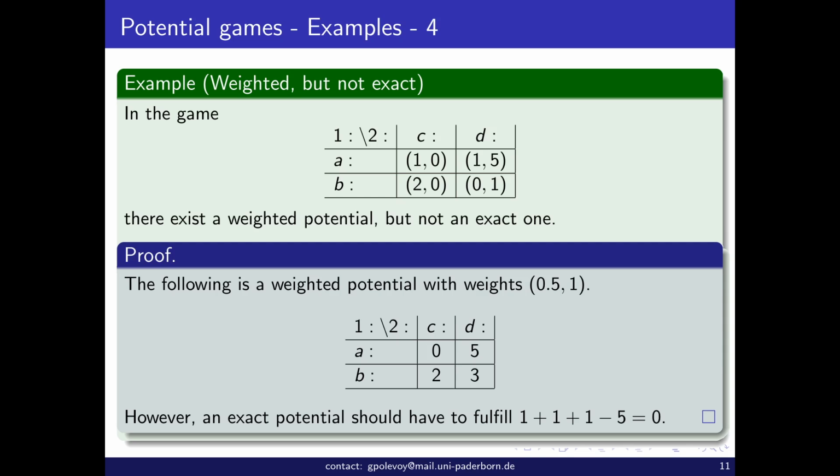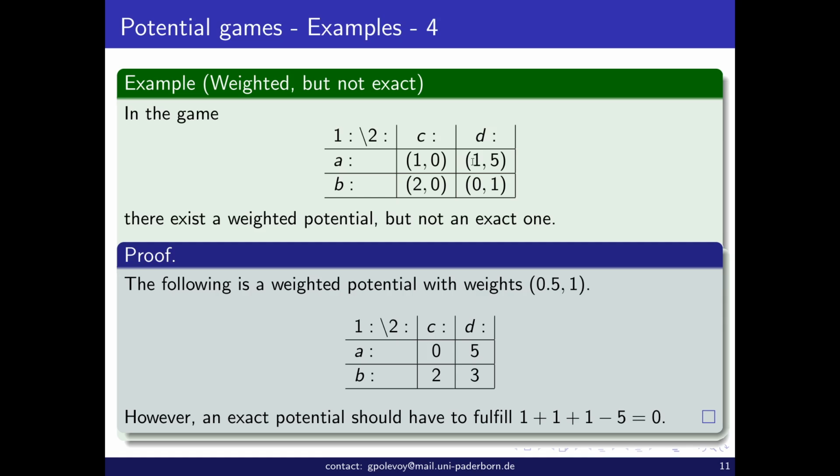For example, this is a weighted potential with a weight half and 1. Well, let's see. So when the players, let's say, change from AD to AC, we cannot pay attention to the change from AD to, say, BC, because here we will need 2 players to change. But in the definition, we only describe what we require from the change when exactly 1 player changes.